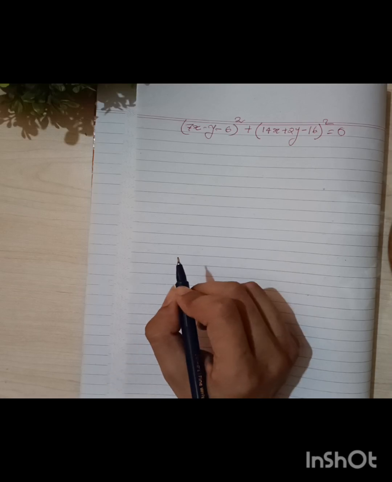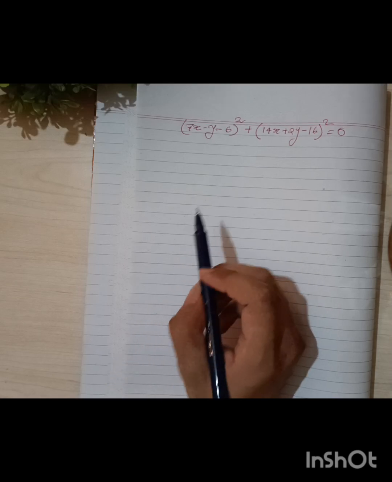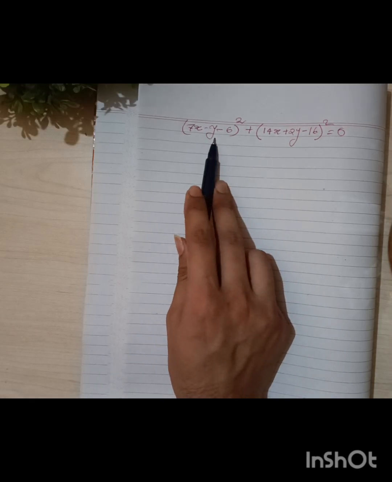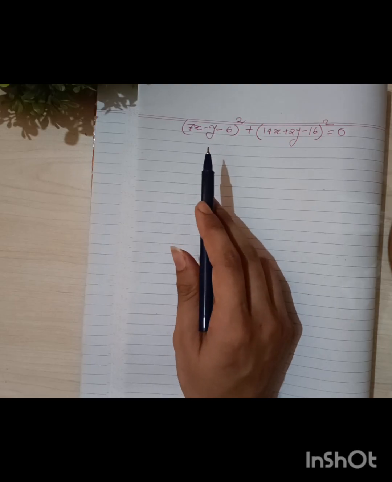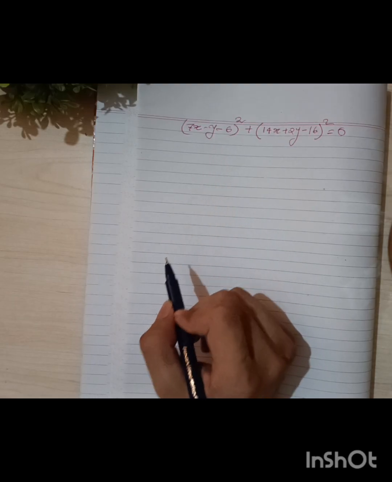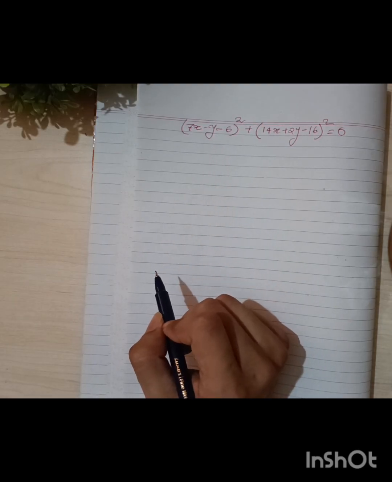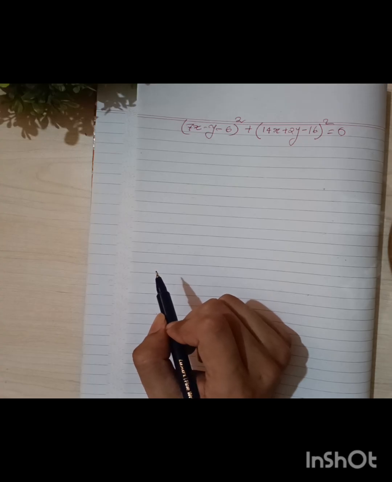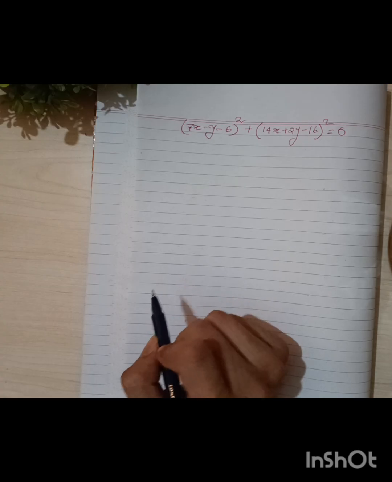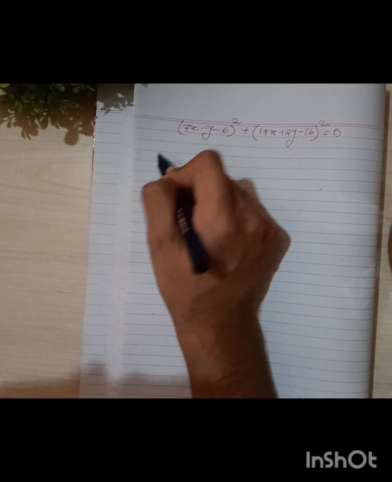Here we have to find both values of x and y from a single given equation. So what can we do? Now we have to know about two major concepts to be used in this kind of question. Firstly,